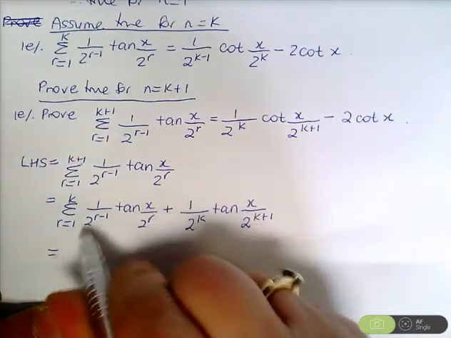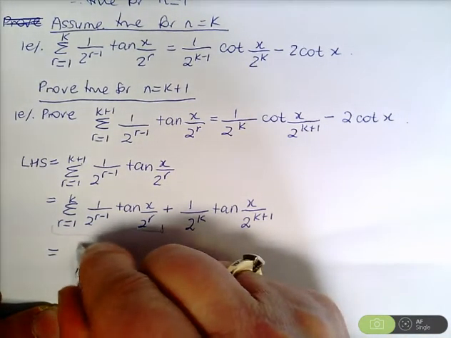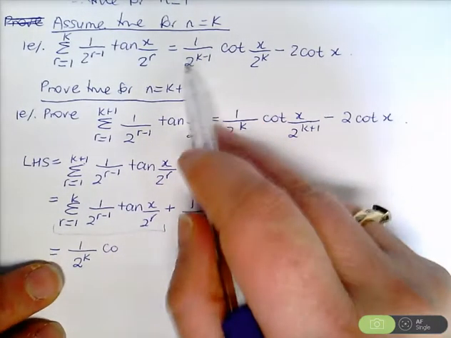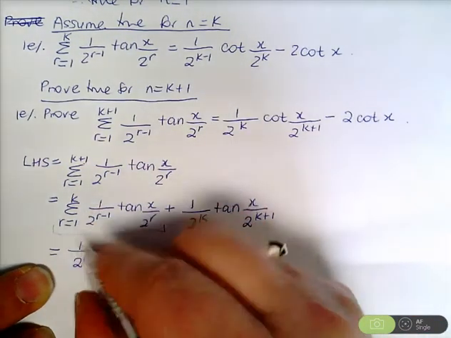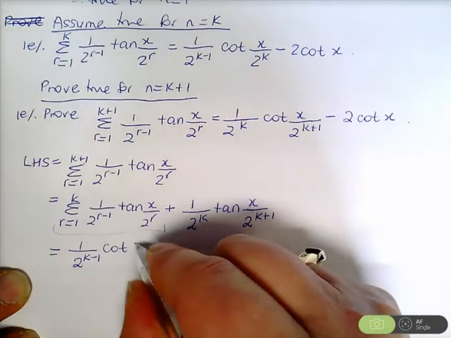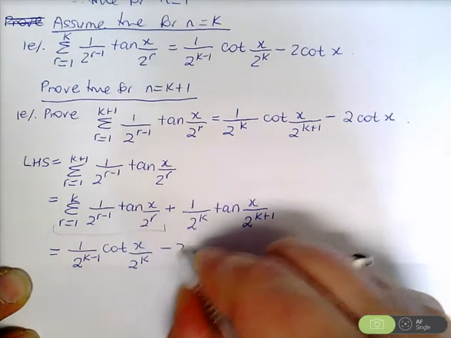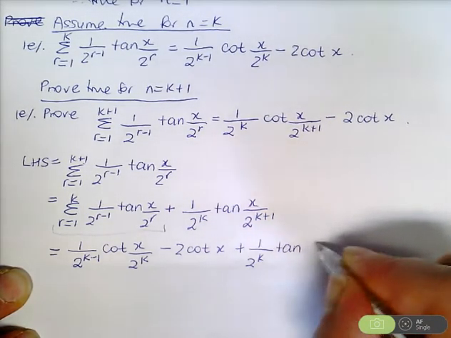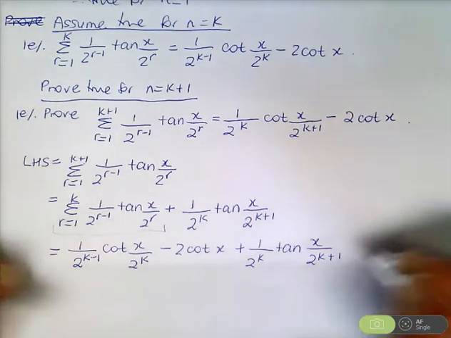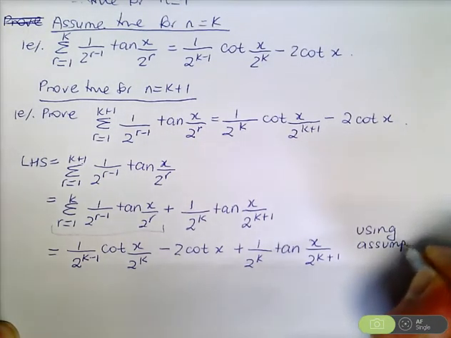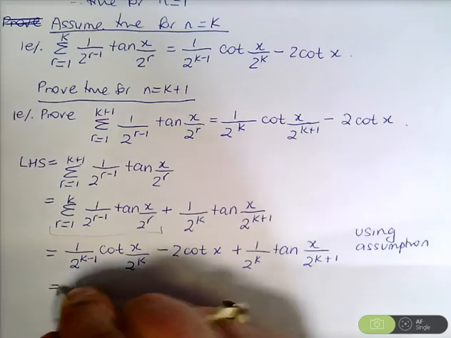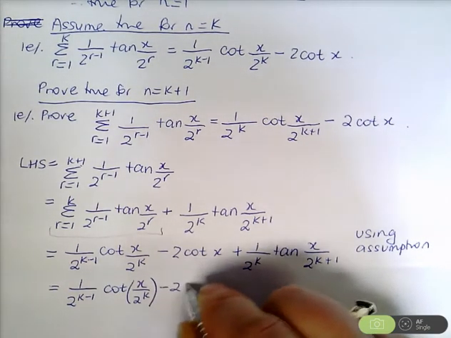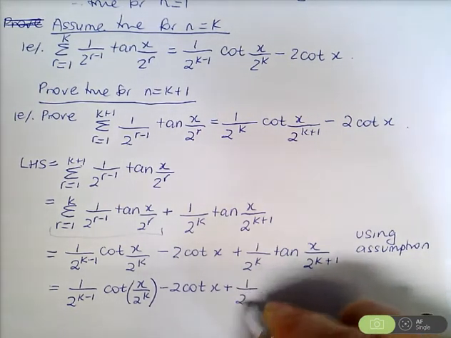Now, using the assumption, we know that this bit here is equal to 1 over 2 to the power of k minus 1 times the cot of x over 2 to the power of k minus 2 cot x, and we've still got plus 1 over 2 to the power of k times tan of x over 2 to the power of k plus 1. This is using the assumption. So we have 1 over 2 to the power of k minus 1 times the cot of x over 2 to the power of k minus 2 cot x plus 1 over 2 to the power of k